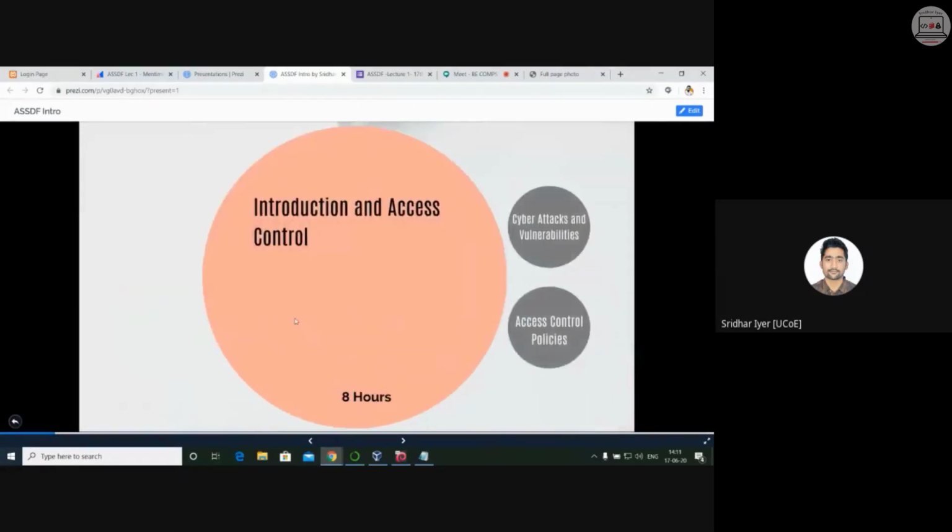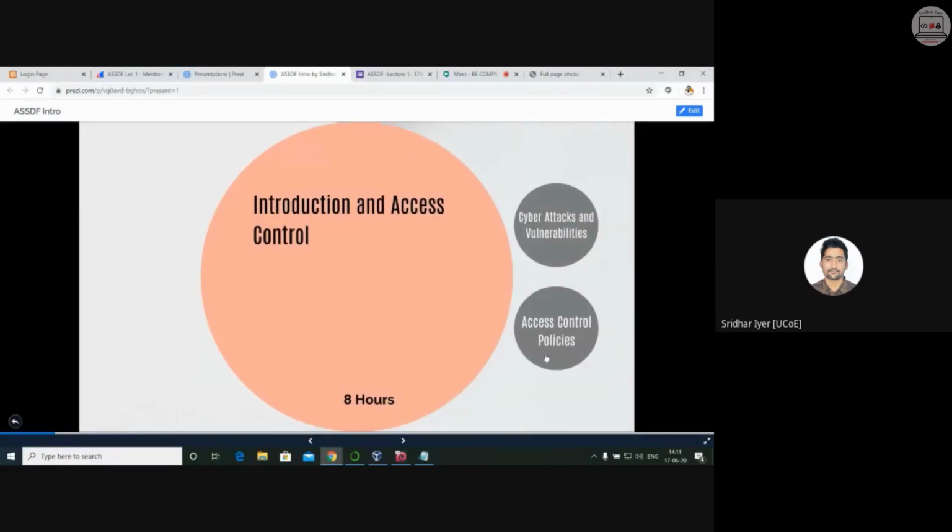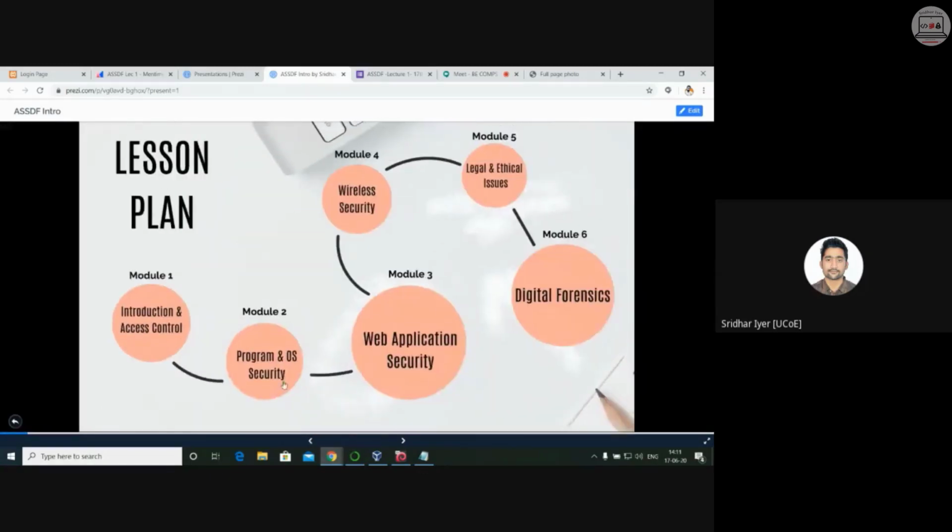So in this first chapter, we are going to learn about access control policies and cyber attacks and their vulnerabilities. We have already seen what kind of cyber attacks are possible in your subject, cryptography and system security. In this semester, we are going to learn about them more in detail. I will try to keep it as hands-on as possible, so that you would come to know what exactly we are doing. In this lecture also, I will try to give some demos on how to actually carry out some attack. Let's see if time permits, we can do so. Okay, so this is all about the first chapter or the first module.